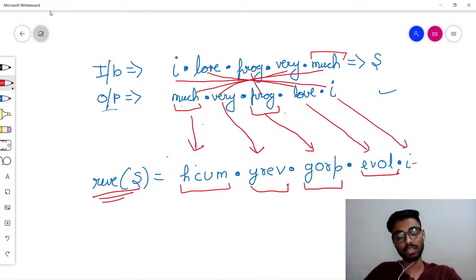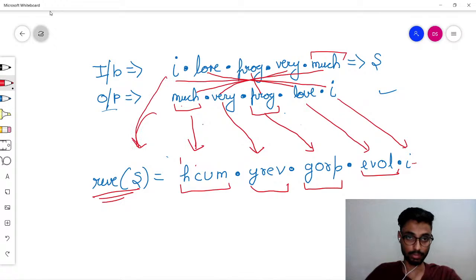So in this program, what we need to do is, of course, first reverse the given input, then we need to find each